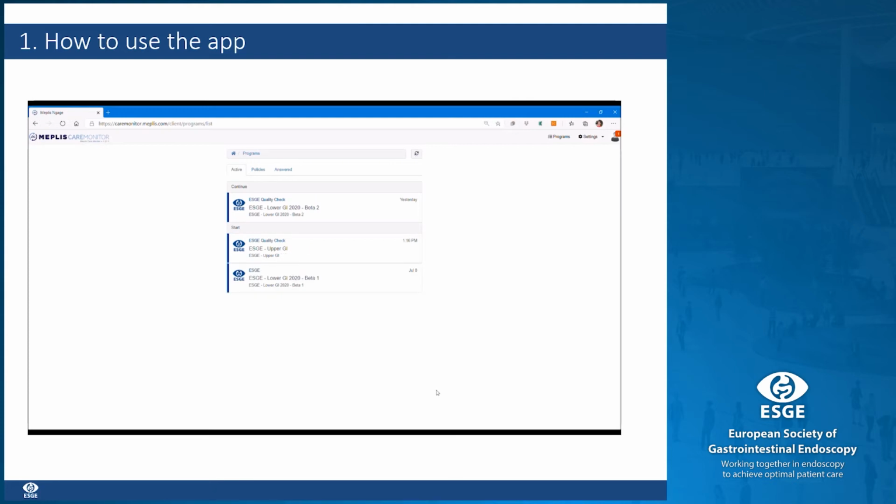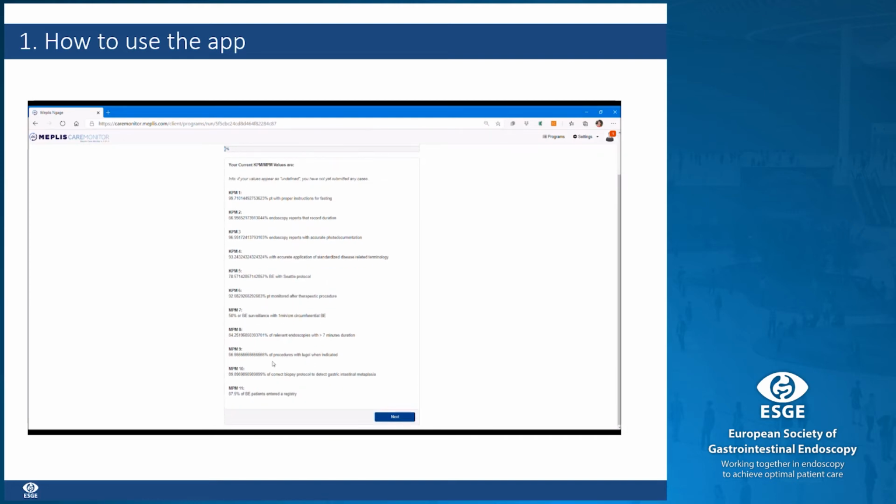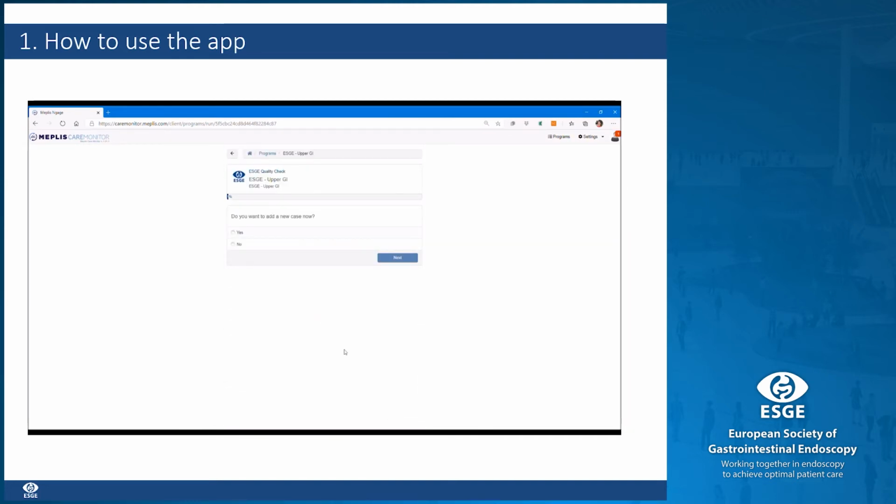And now a third and final case, for instance an ESD procedure. So you click on the upper GI app, next, you start again with all your current standards in your performance measures, a new case, yes, duration recorded, yes, we took more than 15 minutes for this therapeutic procedure, next, the indication was a therapeutic procedure, next, again, fasting for more than 6 hours for liquids, more than 6 hours for solids,